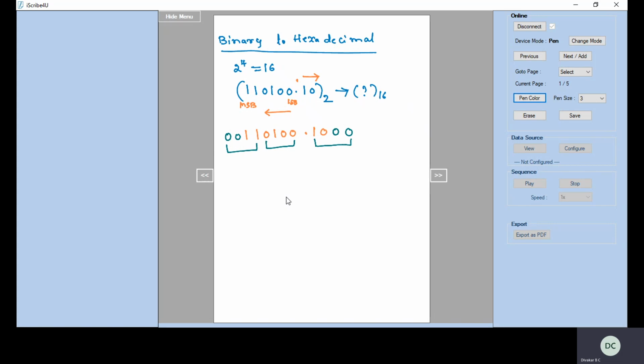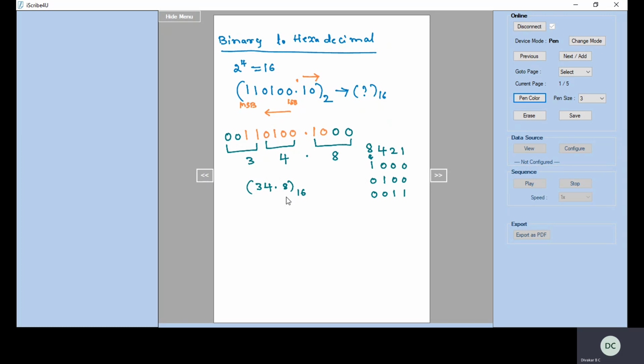Then you can remember easily the 8421 code, which is a weighted code, to write the equivalent. That is 1000, which is equivalent to 8, and 0100 is nothing but 4, and 0011. Add the numbers according to the positional weight, that is 3. So the equivalent for the given number is 34.8 to the base 16.